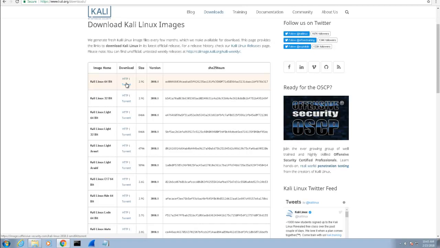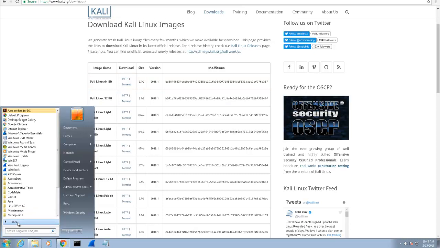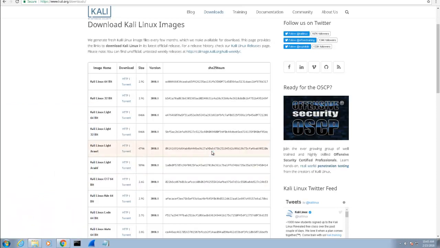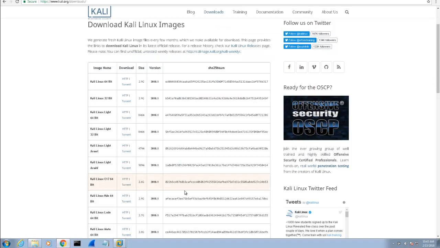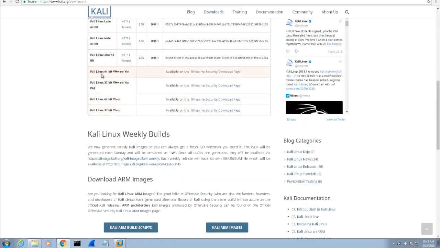Now, I've had a little trouble with some of the installations of this version of Kali and Workstation 14. So let me go on and get that started. So Workstation Pro. I've had a little problem with that. So what I've done is, if you go on down here, there's a link to images that have already been installed on Workstation for VMware, and then basically zipped up and made available. So if you follow that link, you just go over here,